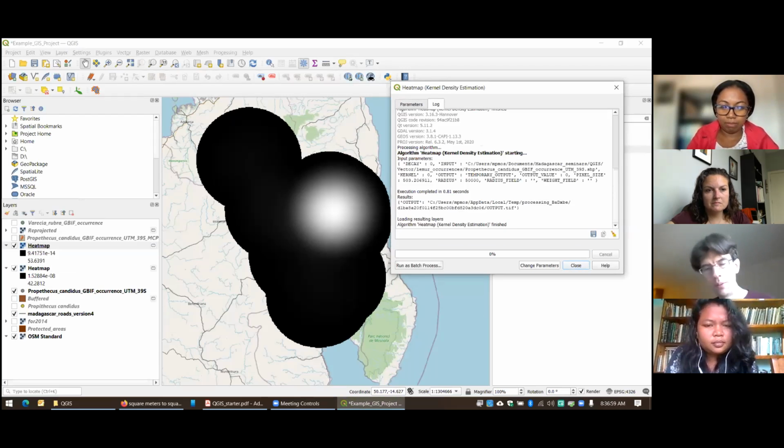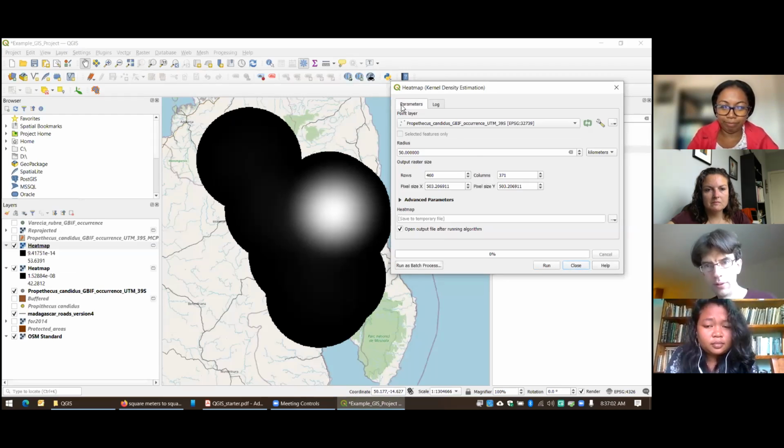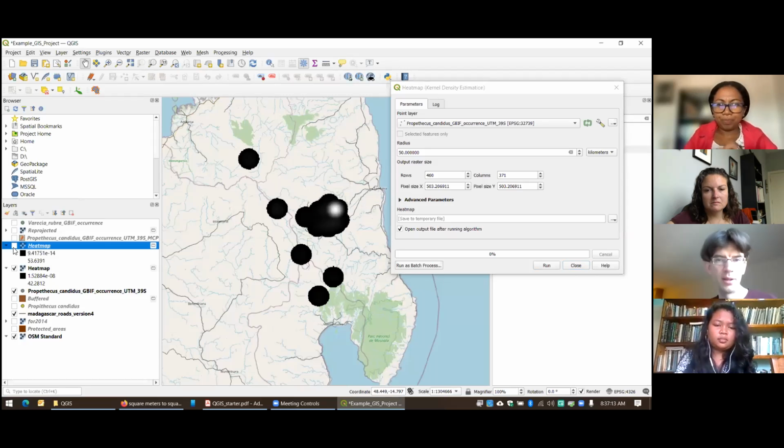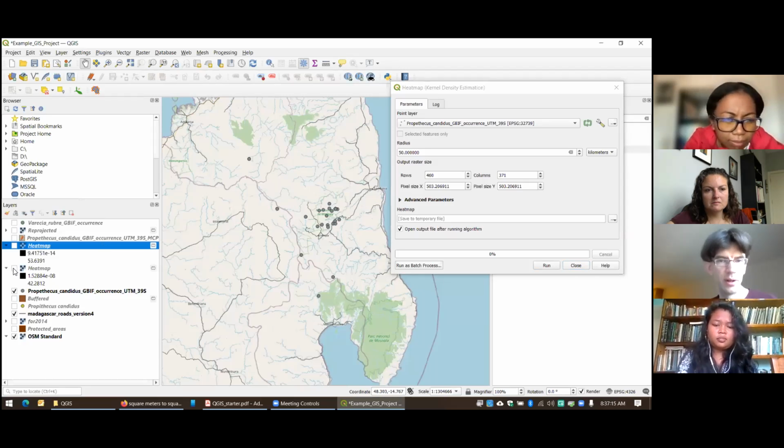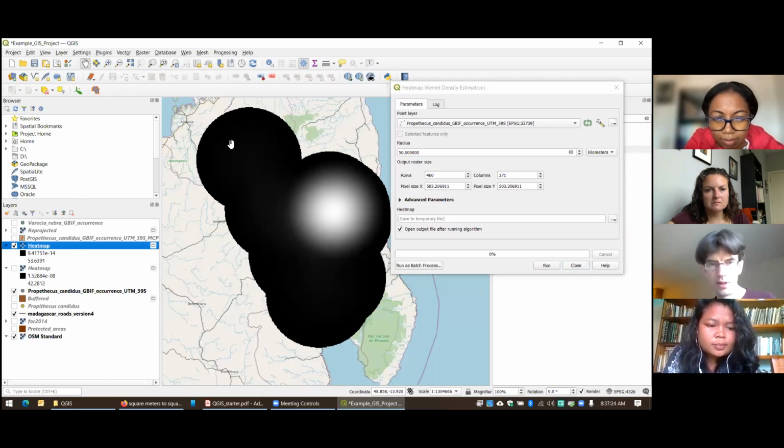Okay, so now I'm sweeping out further. I went out 50 kilometers from each of these points. And so now this is the heat map that I get. And you can see that if we go back underneath here, let me turn that off. Again, the area that's showing the highest values is right here, which makes sense because that's where most of the points are. These other points down here are pretty much outliers. They don't have any neighbors. So that's why this value is coming in really strongly.